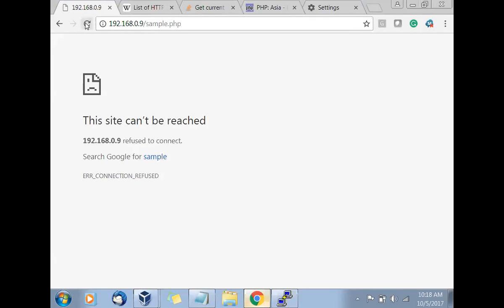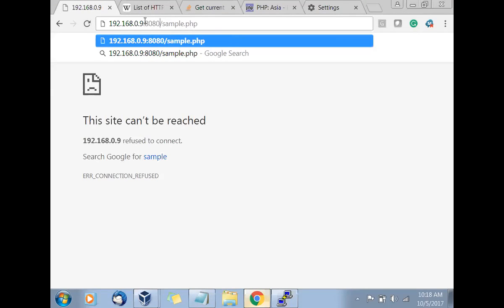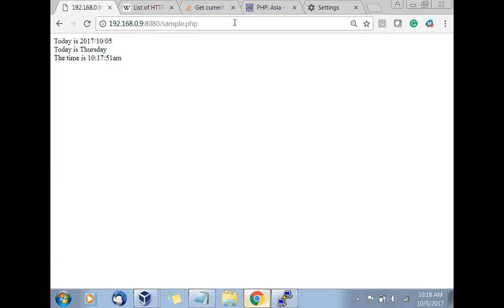So we say no, you don't have to go with the default port. You don't have to go with the default gate. Change the gate. So you will give that gate number here, colon. Good. So now go with this gate and get this file. Yes. Now we have entered through a different gate. Is this clear? Okay, so we changed the gate. Instead of the default, go with this port.